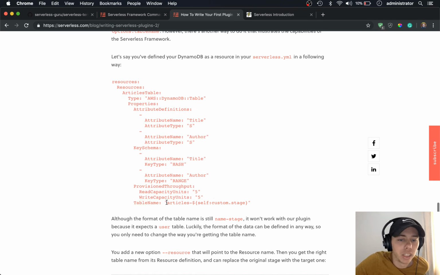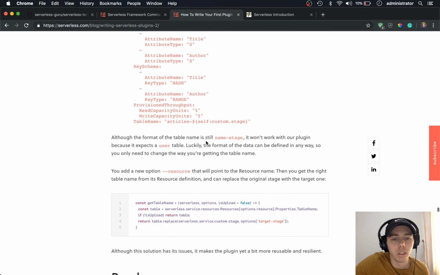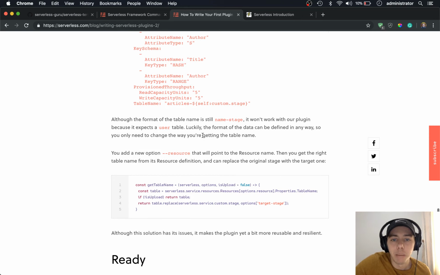This is where we actually get into the benefit of using the serverless framework, that we can pass these dynamic variables. So this is regular CloudFormation plus dynamic variables, so self.custom.stage. As we saw above, that would be production, so that would be passed here. Although the format of the table name is still name-stage, it won't work with our plugin because it expects a